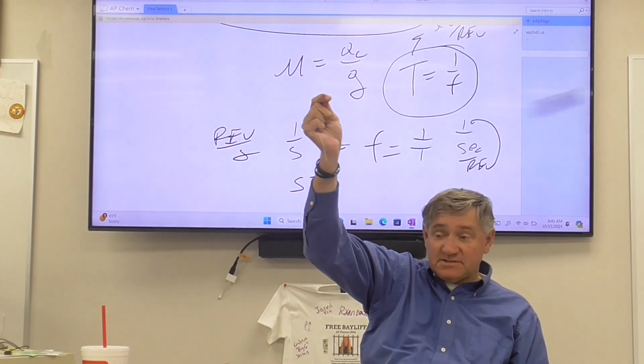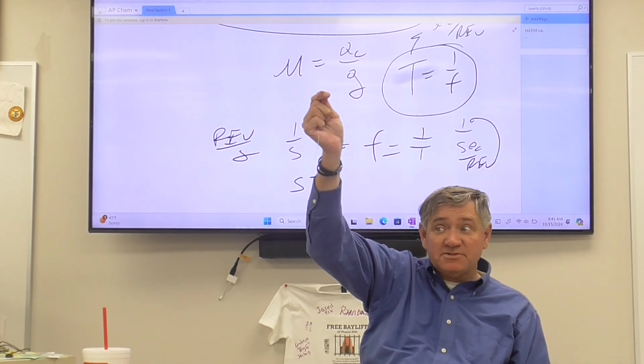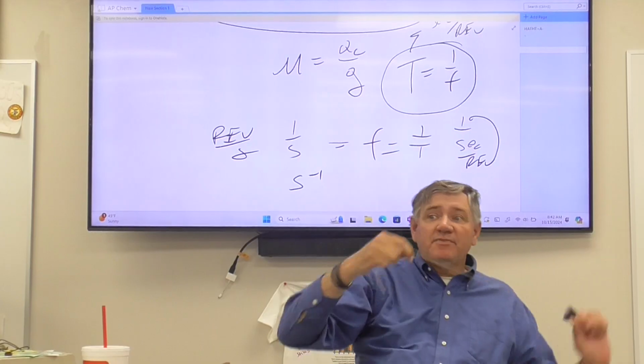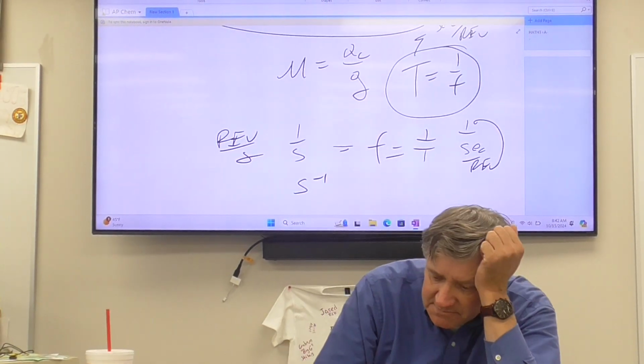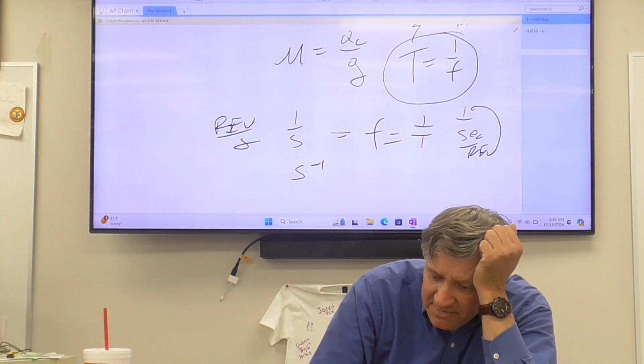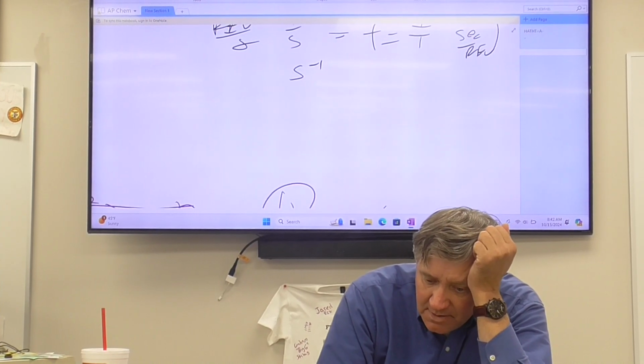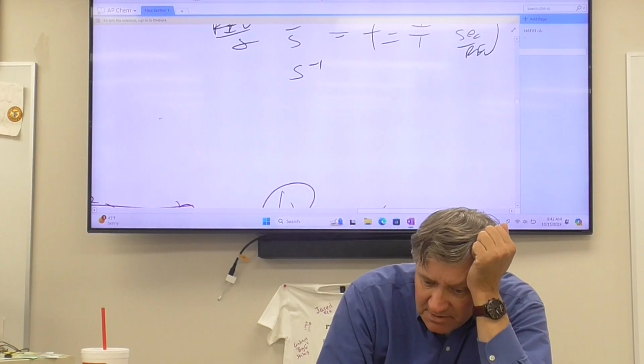Goes down, but what happens to the number of revolutions? It goes up. This is why these are inverses of each other. So sometimes, and this is the math, the magic you can do, we said that centripetal acceleration